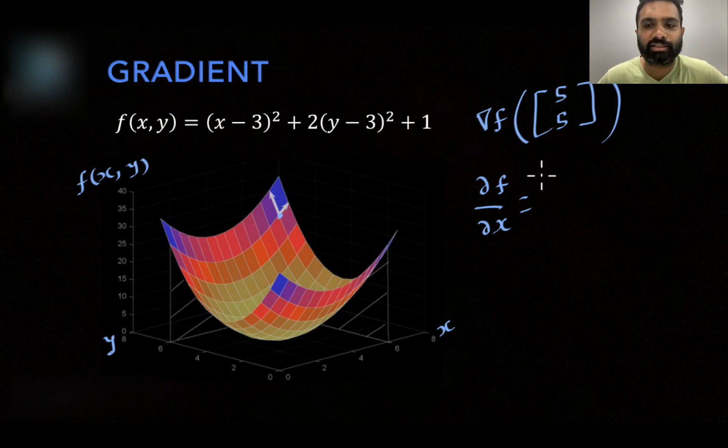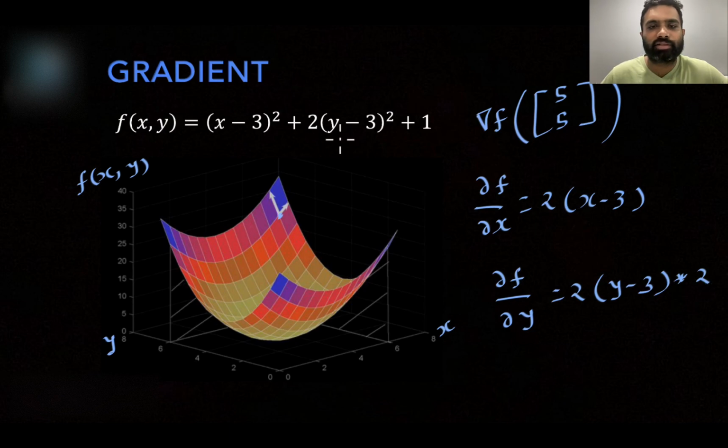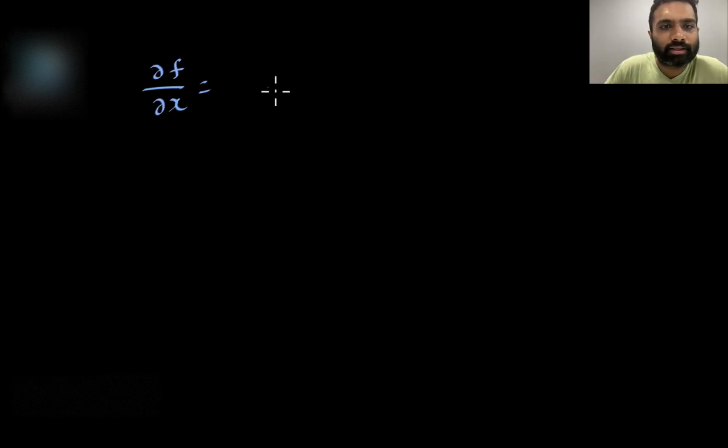The partial derivative will become 2 times x minus 3, and del f by del y is 2 times y minus 3, and again 2 gets multiplied because it is already 2 in the function. Now if I evaluate del f by del x and del f by del y at this particular point 5, 5, then I will get del f by del x is 4 and del f by del y